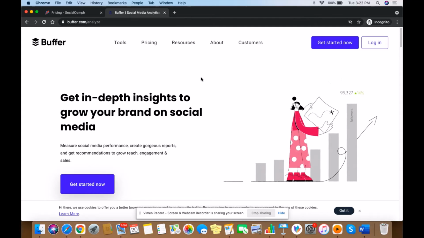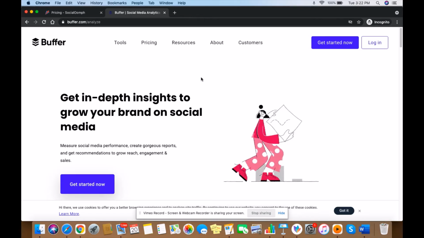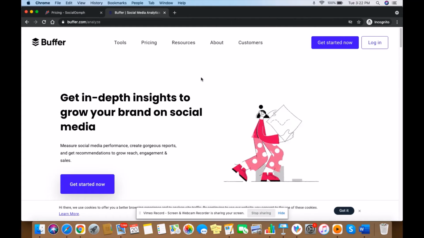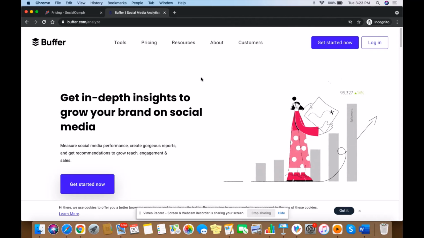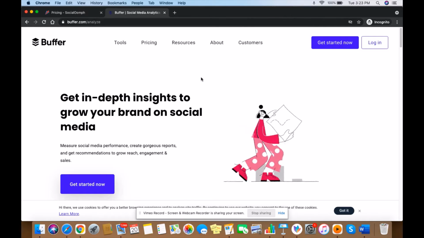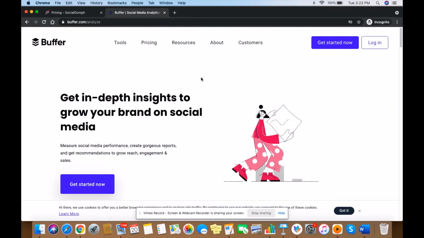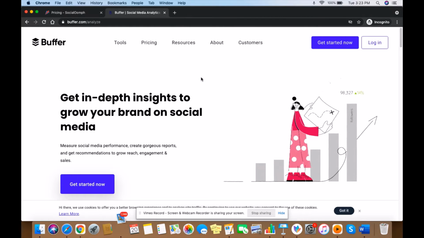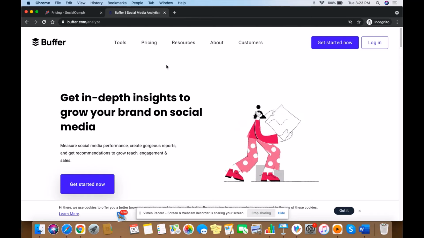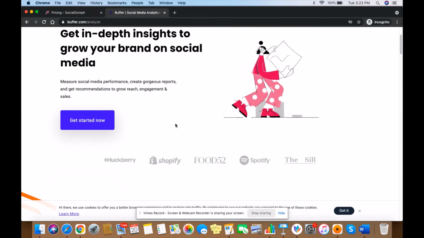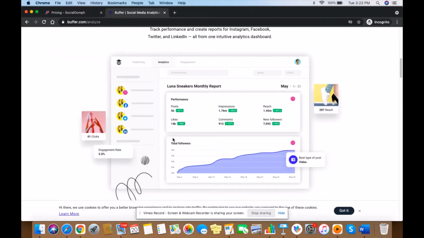You need to make sure that you analyze your competitors based on their performance. You need to plan a proper social media marketing strategy and then use this particular platform and schedule your posts. When you schedule your posts, you need to ensure that you always analyze at the month end.